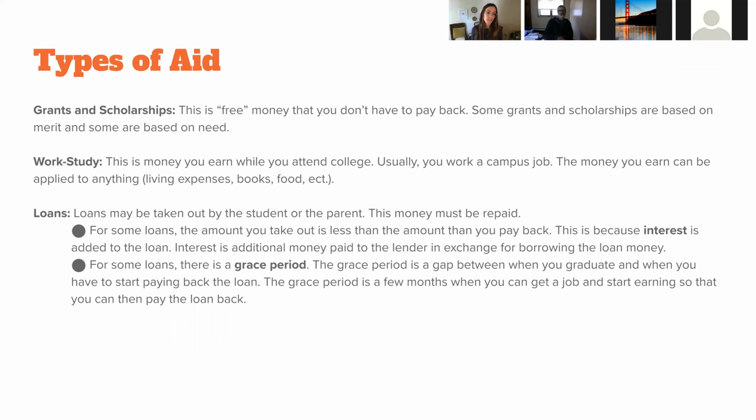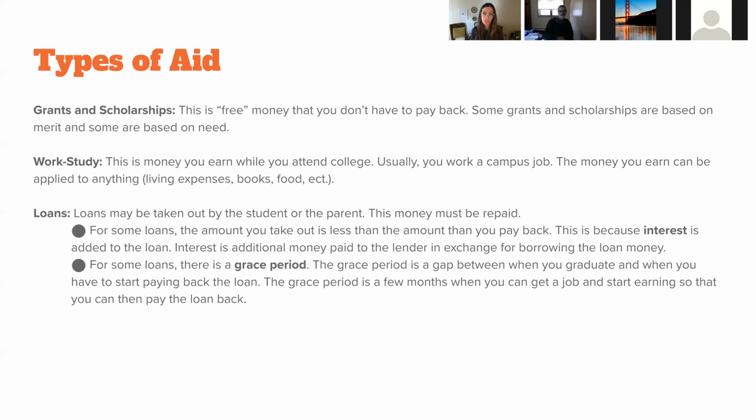Grants are typically need-based. Work study is a need-based grant. It's a federal grant that basically allows the student to earn money while they're going to college. Usually that's an on-campus job, and the money from the grant goes into that student's account to pay tuition and room and board, but they can use it for living expenses and books and things like that too. Sometimes there are off-campus jobs that universities partner with. Work study is basically the money comes partially from the government, partially from the university, and that goes to the student